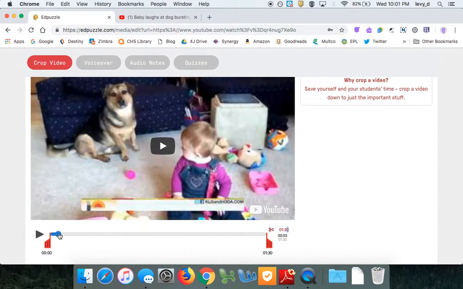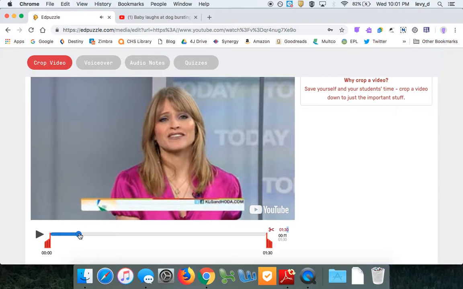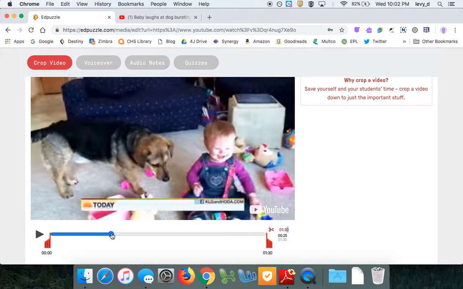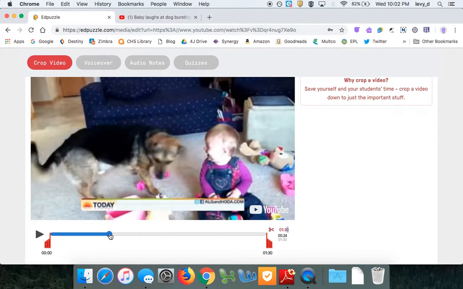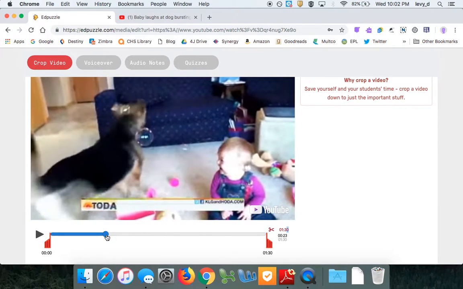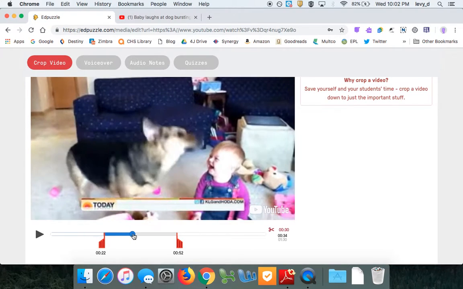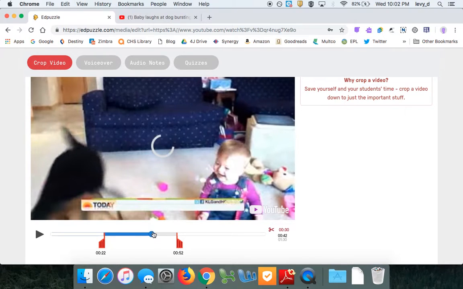So I can use this blue dot here and I can kind of preview what's on the video. And I'd like to start right around here, maybe a few seconds back. And so then I'm going to move this red cursor thing over there, and that is where it's going to begin the video. And then I can do the other at the end where I want it to stop, and I can use this blue dot to figure out